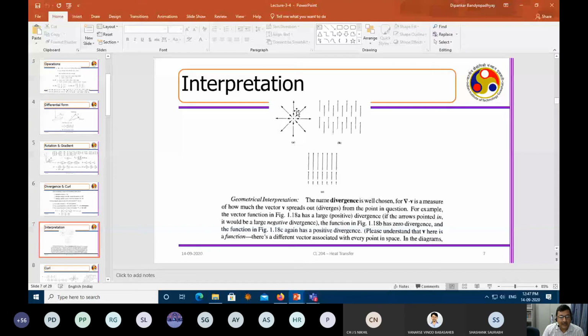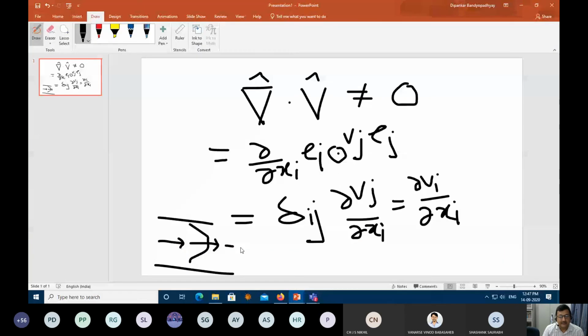But then if you look at a particular streamline, you may see that the vectors will be of the same size. This is the highest, maybe the maximum here, but near the wall it will be smaller. But if you go towards the x direction, you may see that they are of the same size. So that again indicates that it is a divergence free field in case of an incompressible flow.